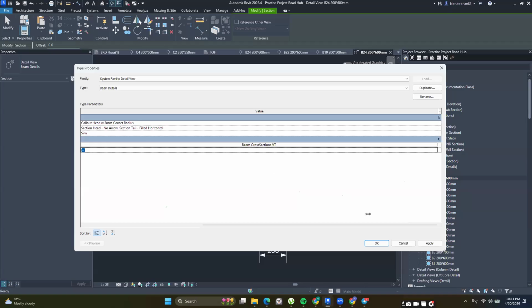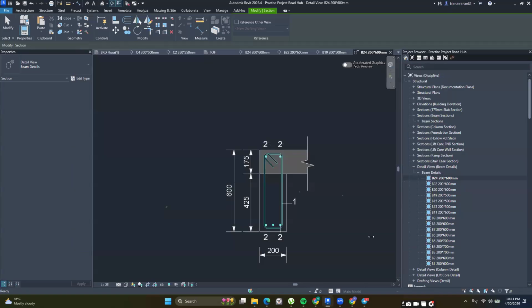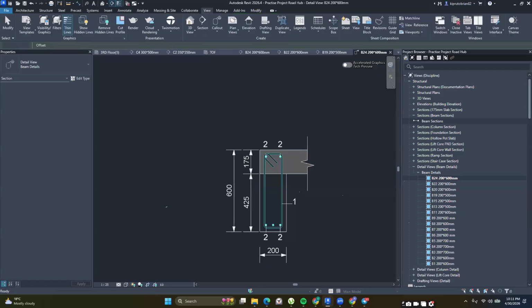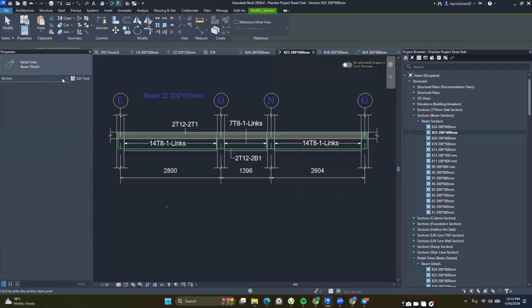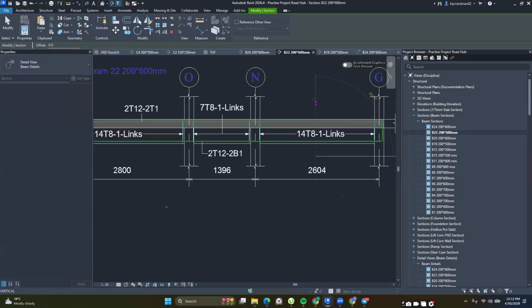OK, and then check this box, so that whenever you are starting a new project, when you go to cut a beam section, if I was to cut a beam section over here now,